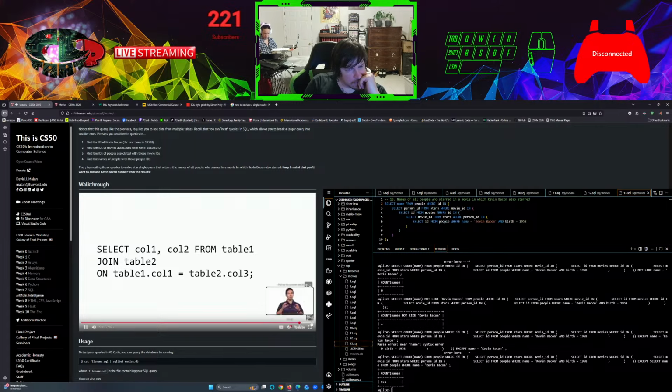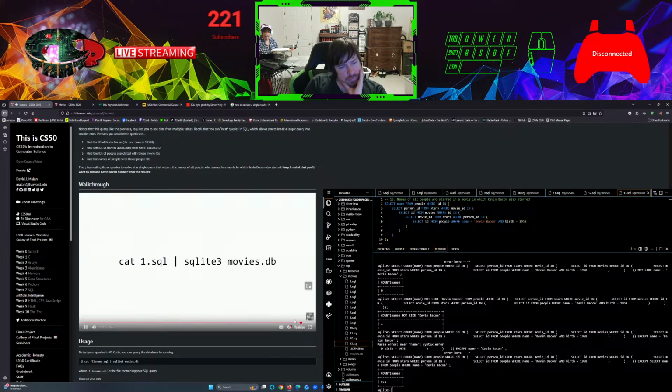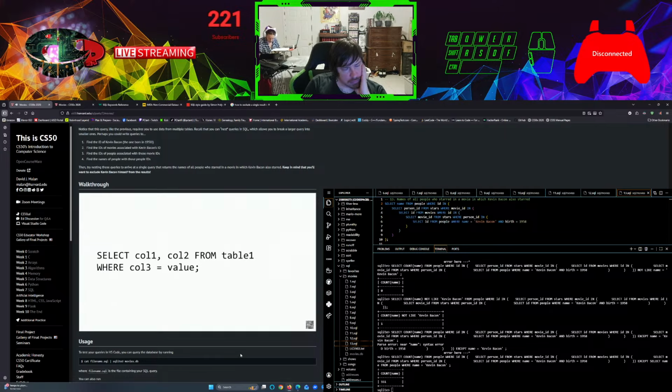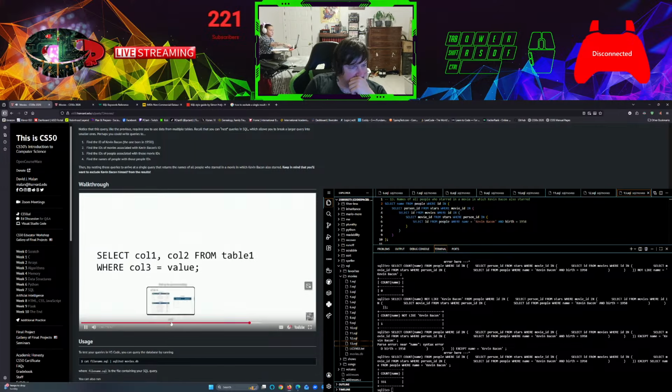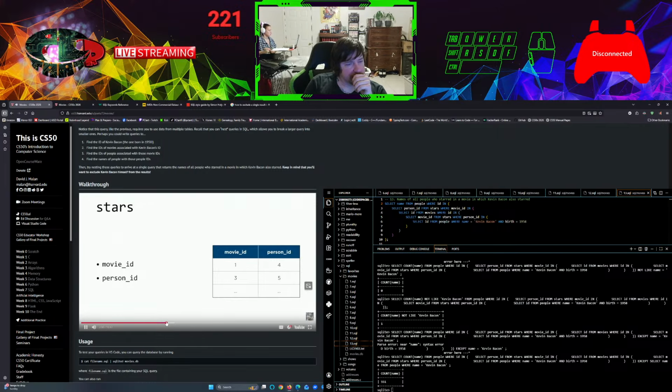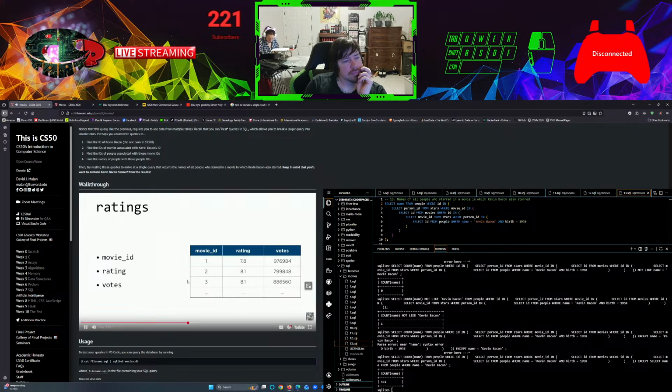And if you'd like to test running one of these SQL files on your SQLite database, you can run a command like this. cat1.sql will output the contents of 1.sql, and this vertical bar is called the function, with a query like this, selecting particular columns from that table, where column 3, which is some other column, for example, is equal to a particular value, where that value might be a number or a string or whatever value. Our first row says that movie ID 1, on a scale from 0 up to 10,